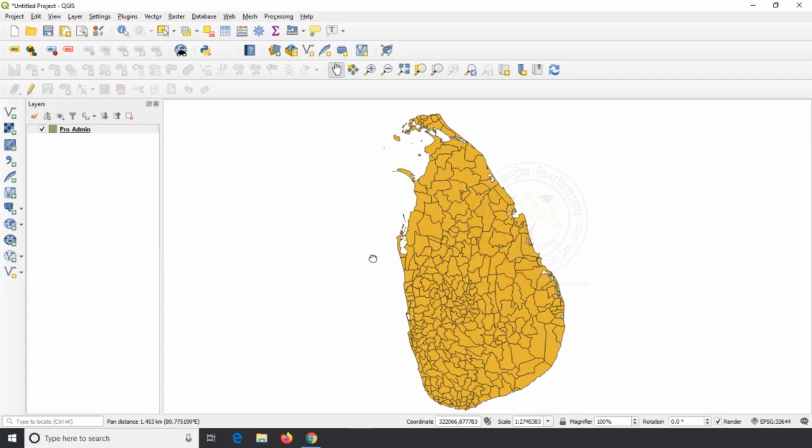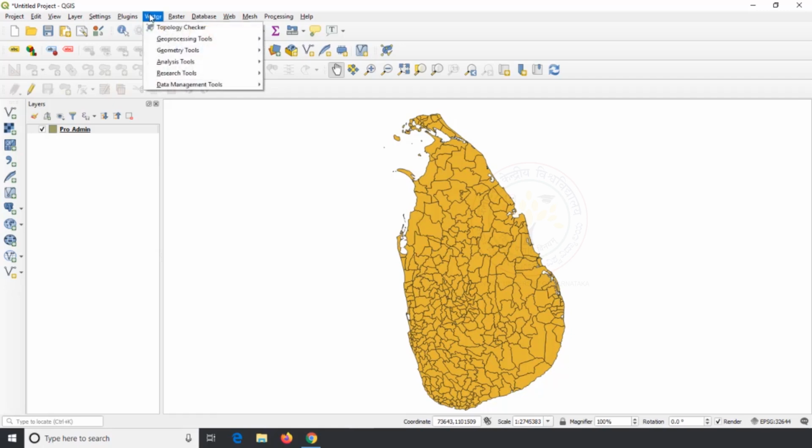Centroids is a tool used to identify the center point of our input. For example, if a city government wants to build a service center in the central part of the city, then they can use the centroid tool to identify the center point of the city. I am using the admin boundary of Sri Lanka to identify the center point of each polygon. It is not necessary that you use the same data that I use. I use Sri Lanka because the file size is small, so processing may happen faster. For your exercises, you can use data of your interest.